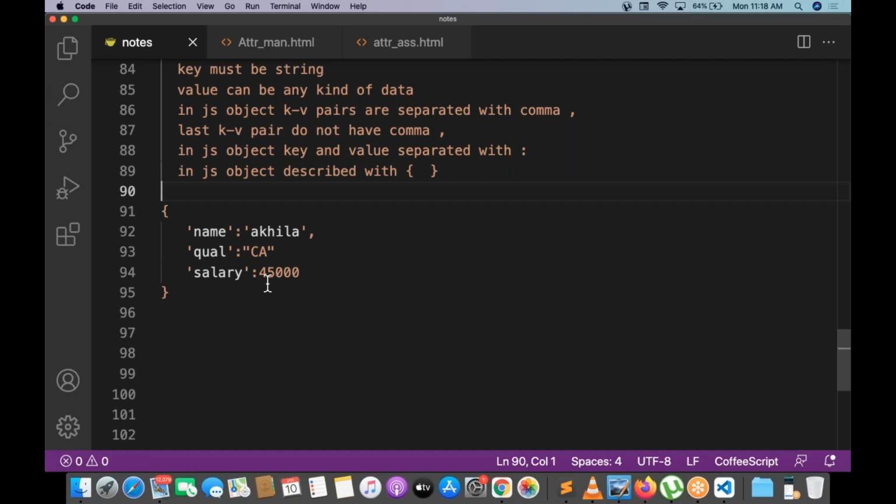REST API with Angular, REST API with React, REST API with Django, REST API with Flask. REST API is different, Fast API is different. Don't ask me what is REST API, what is Fast API. REST API taking rest, Fast API moving fast.